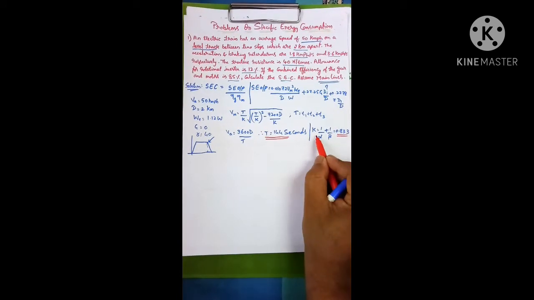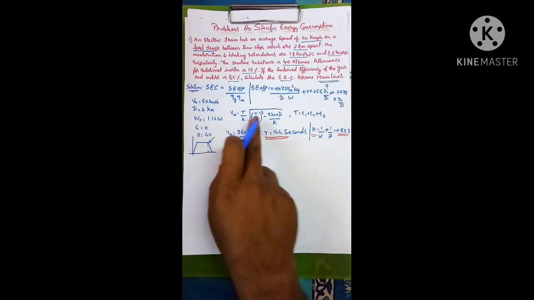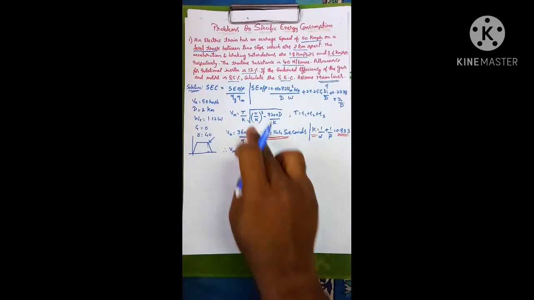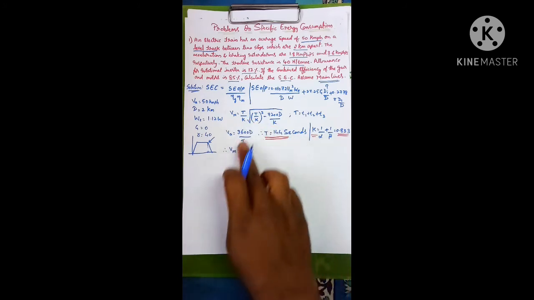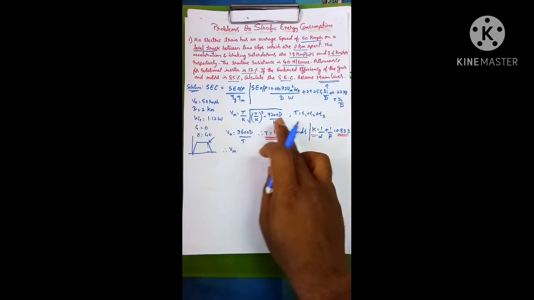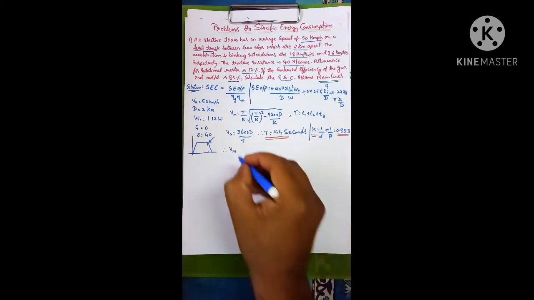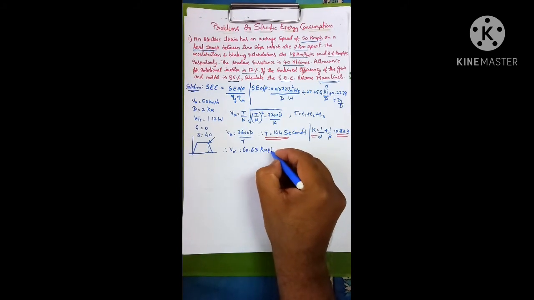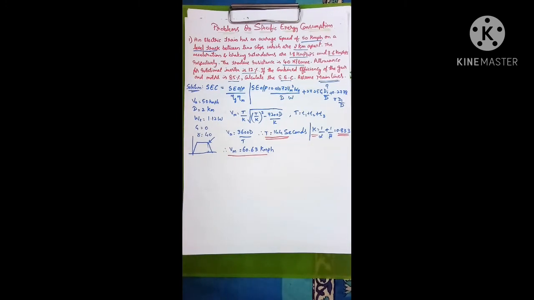So we got K, we got T, then substitute them here and try to find Vm. T is 144, K is 0.833, D is 2. Just substitute those values, calculate and simplify. The simplified answer for Vm will be 60.63 kilometer per hour. So that is the answer obtained for maximum speed.